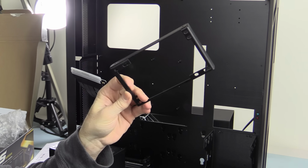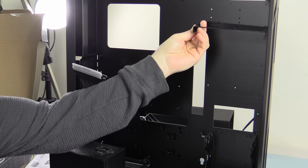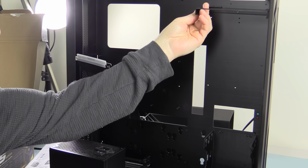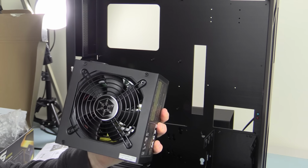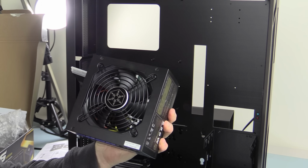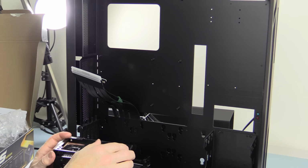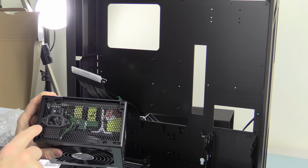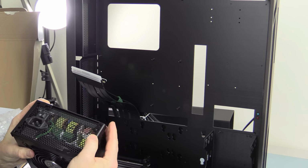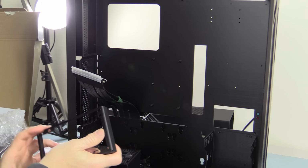So I disassembled the case some, and we have a bracket here for mounting the power supply, and there's a couple of options. There are 3 different sets of mounting holes that you can use to mount the power supply. Obviously the one at the top would give me the most clearance for the reservoir, so I think I'm going to go with that. One of the things I thought I would do is have the power supply faced out so you see the silver tone logo. What I found though is when you align this bracket on it and line it up like this to face it out, this part of the power connector right here interferes with the bracket, so it would be hanging off a little bit. And it also doesn't align as nicely with the other holes. So what that means is that the power supply would need to be mounted